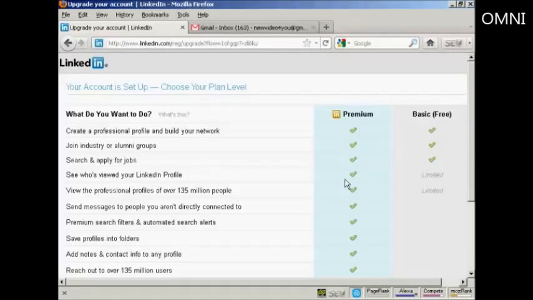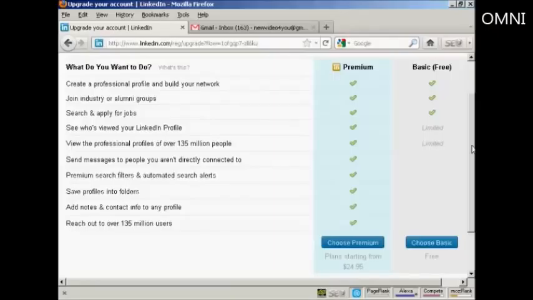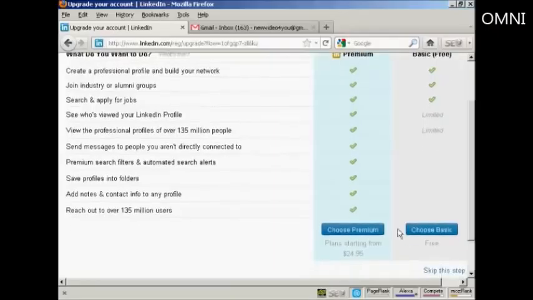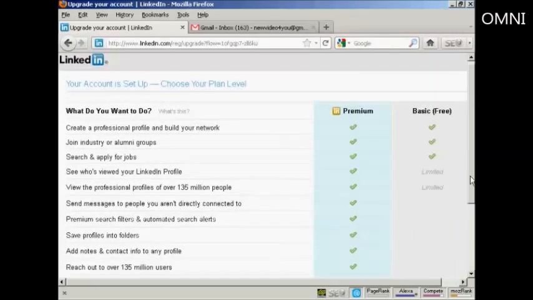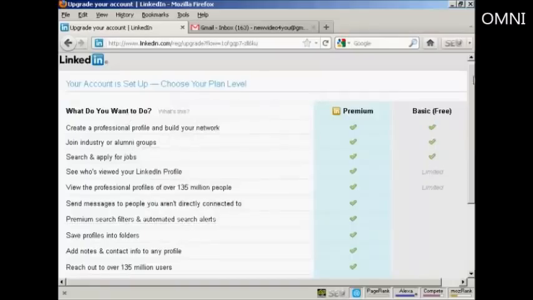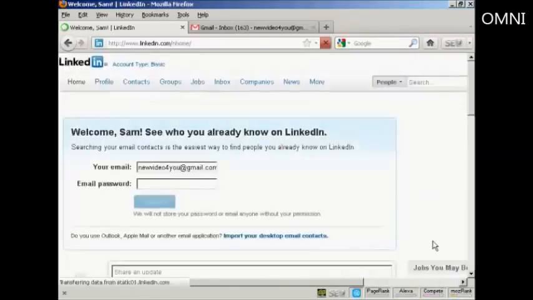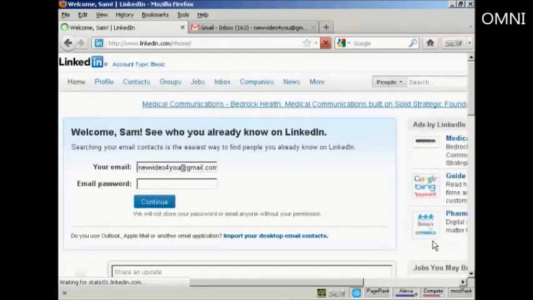All the other stuff here, you have to subscribe to the premium level, and as you can see here, there are plans starting from $24.95. You can always start with the free version and then upgrade to the paid for version later. I'm actually going to just simply stick with the basic one and click here on Choose Basic, and there we go, that is done,